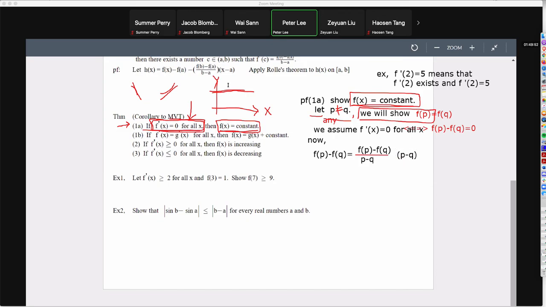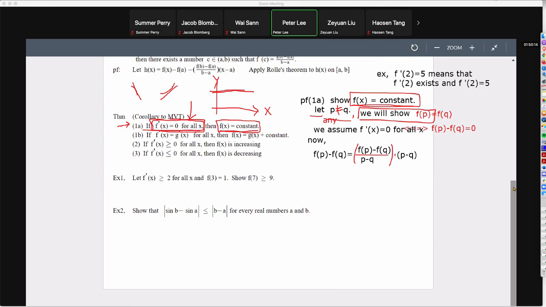So what I did was I divide by P minus Q, and then I multiply by P minus Q. The question is, we started with this P minus Q. Why did I divide by P minus Q and multiply by P minus Q? We want to know the reason why you want to do this, because when we divide and multiply it like this,